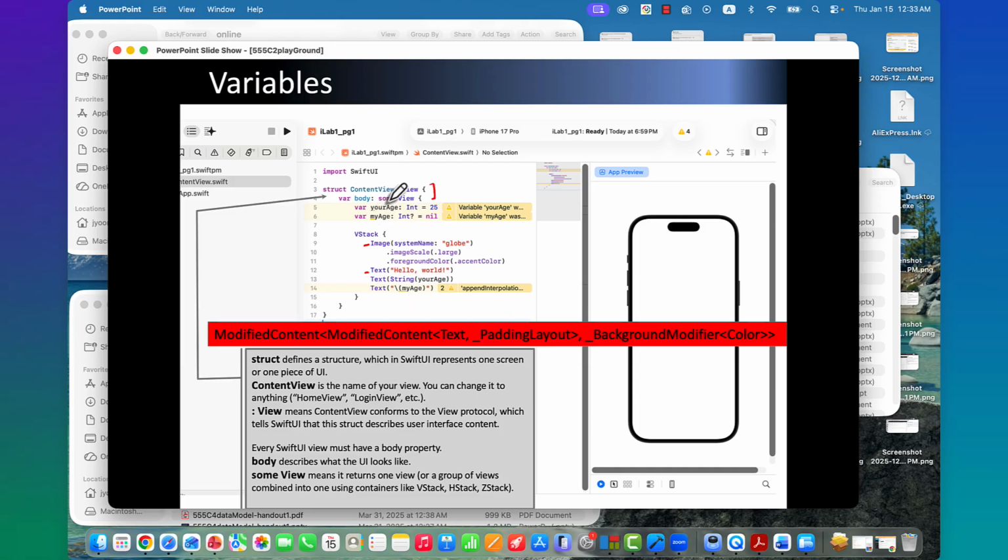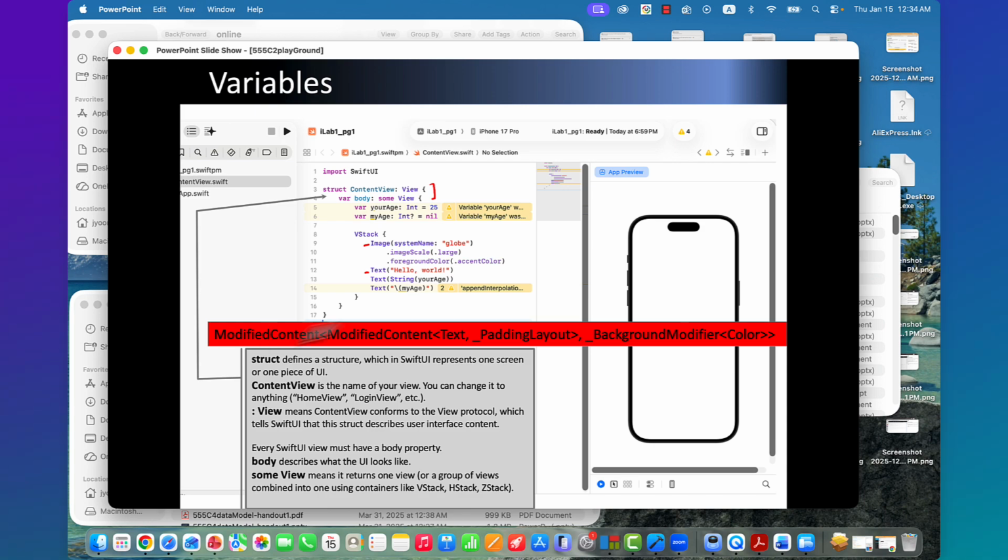So why do we say some? If we do not say some, then this kind of UI, image, text, looks very readable, understandable, right? But in real coding, if we don't say some view, but if we enforce a more explicit and exact view type, then it should be like this.